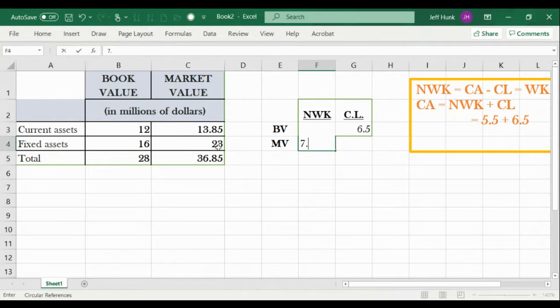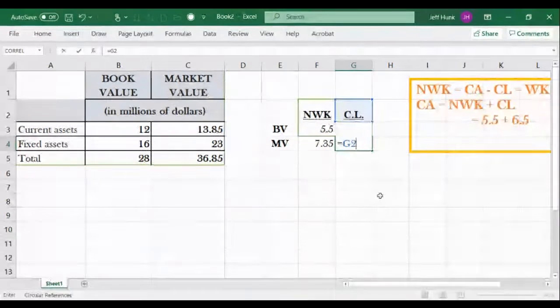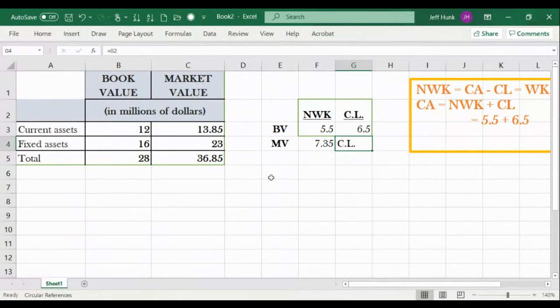That was 7.35, and this is still the same thing as before. G3. Then all I need to do here is simply